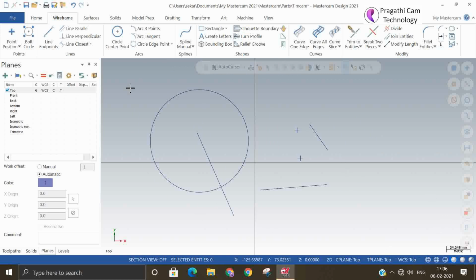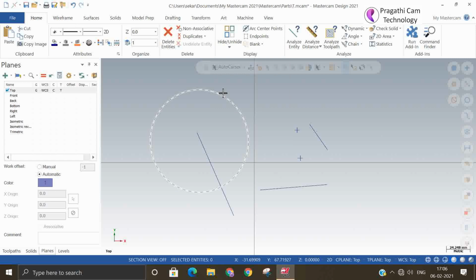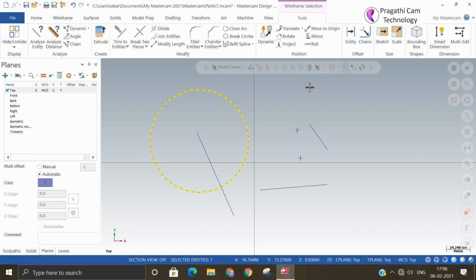In this we'll try to explain two things. So we'll see the blank and unblank. Now I selected. Whatever I selected will be seen on the screen. Remaining will go away. Okay, enter.